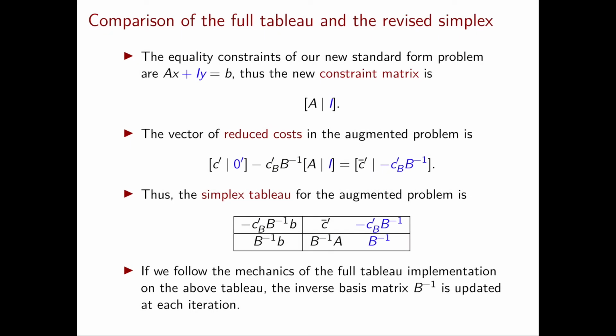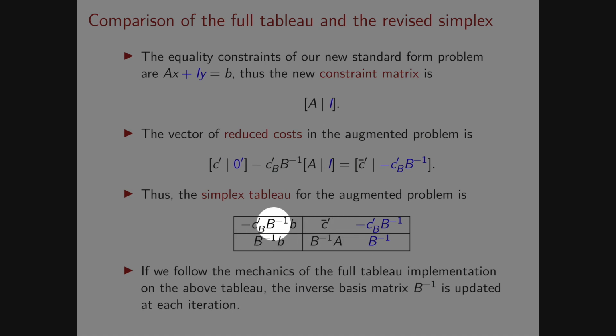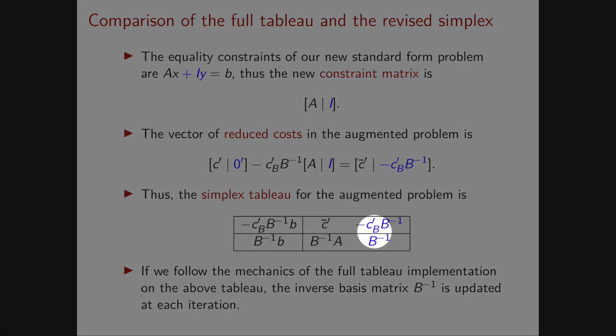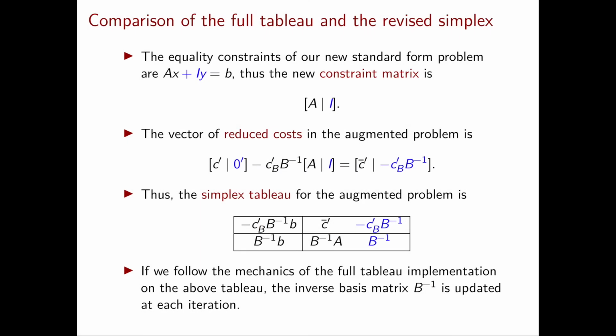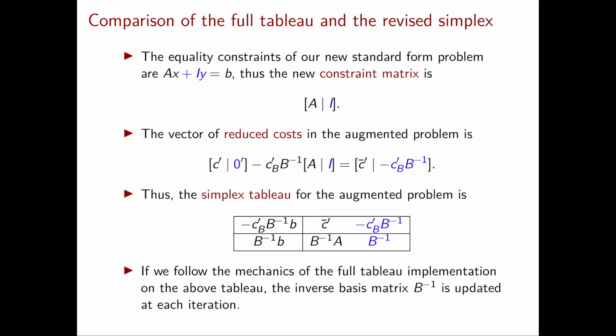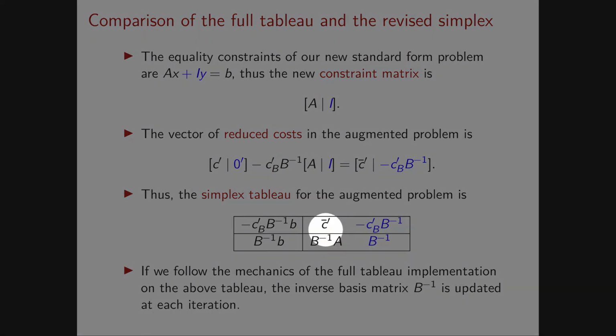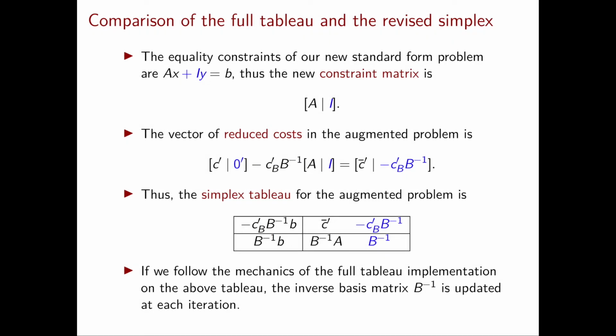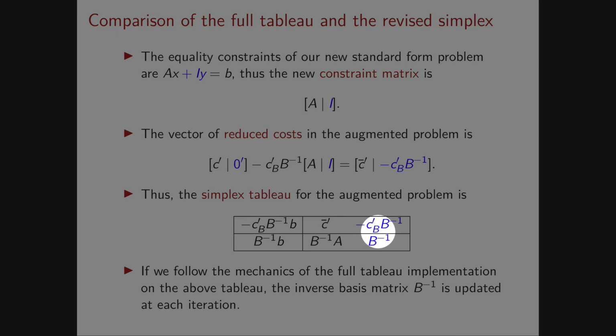So essentially for this new problem I obtain a tableau in which the first n plus 1 columns give me exactly the simplex tableau that I would have had for the original problem. So the difference consists in the remaining additional m columns that I didn't have in the simplex tableau of the original problem. So now if we follow the full tableau implementation for this new problem with the additional rule that y never enters the basis, I am effectively performing the full tableau implementation on the original problem. The only difference is that I'm keeping these additional m columns.